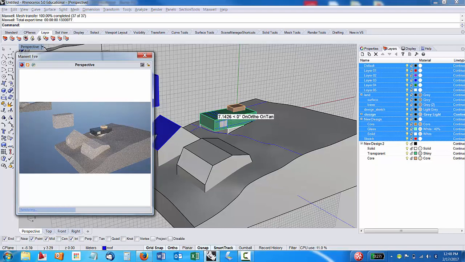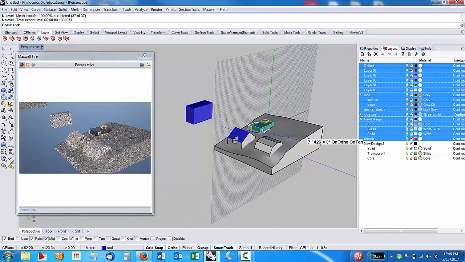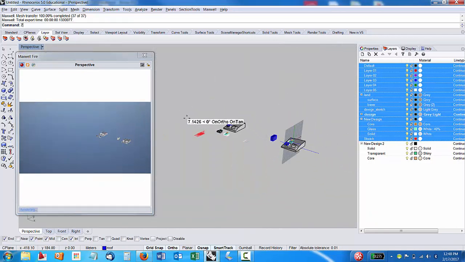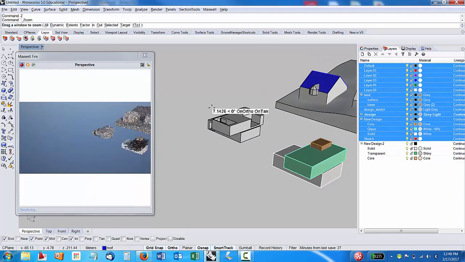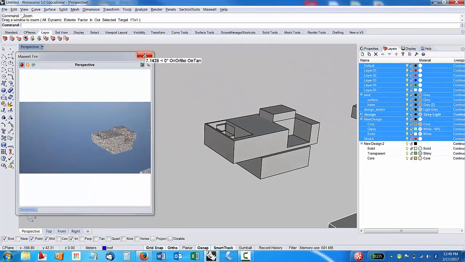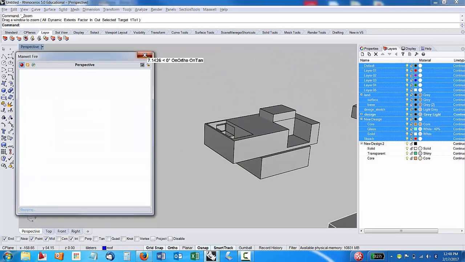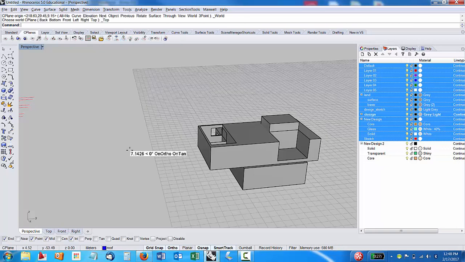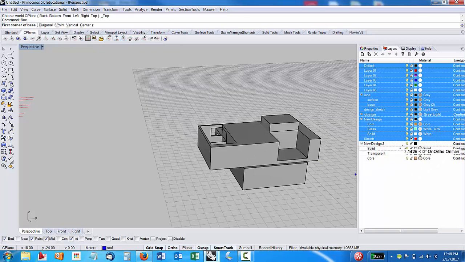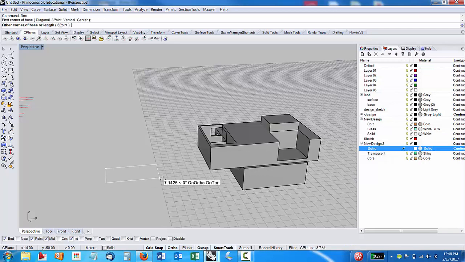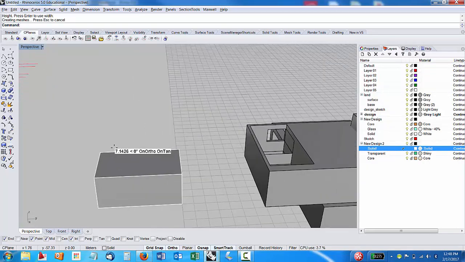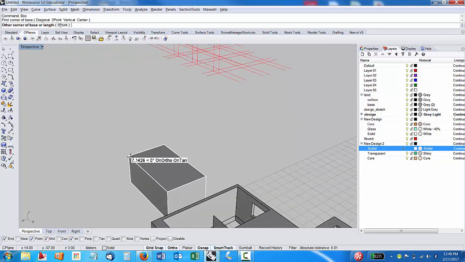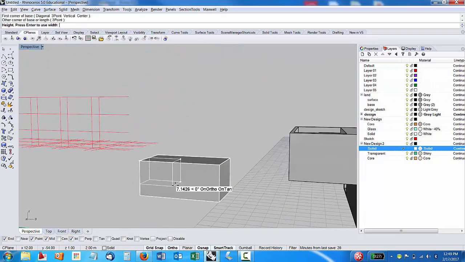You could even, so if I have this guy here, which I've modeled quickly using Boolean subtraction. Essentially for that, you just do a box, my C-plane. To get my C-plane back to the top, I just do that. So if I do a box, I'll go on my solid layer, do a box roughly that height, and I can do another box, say on top of him, come down a little bit,